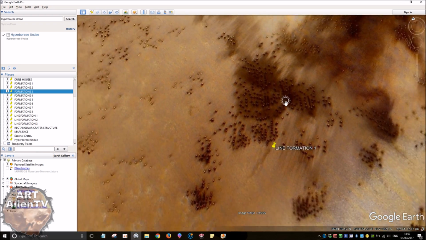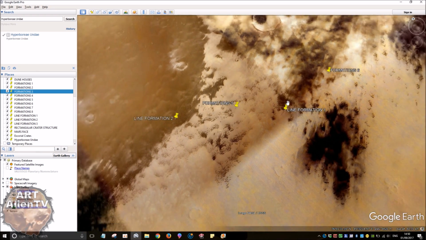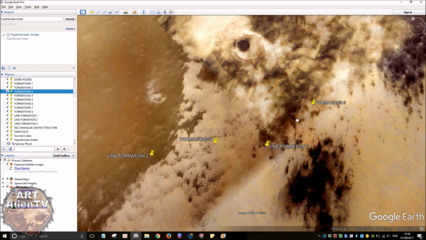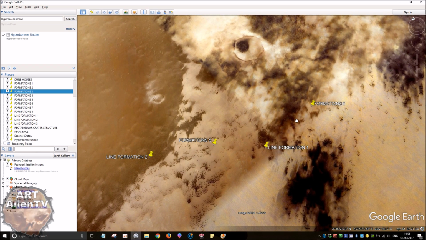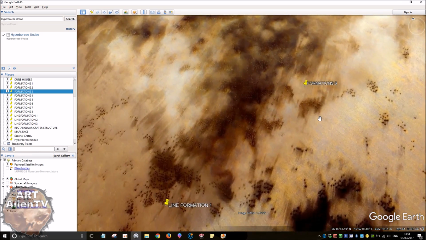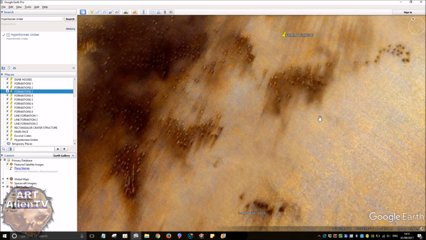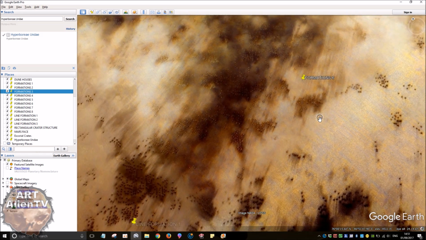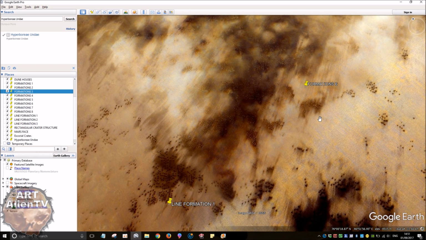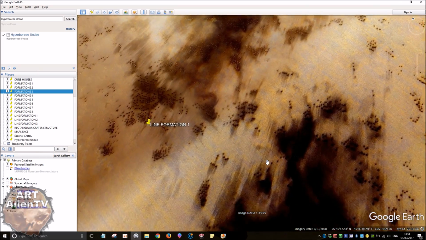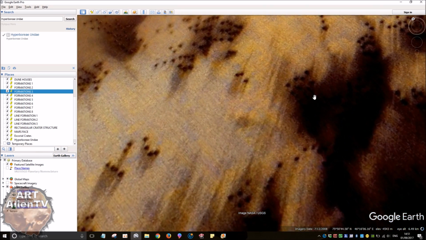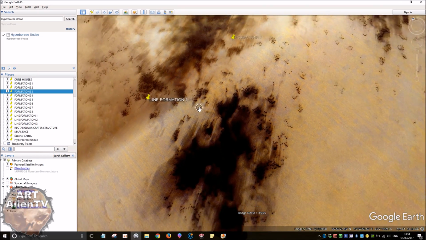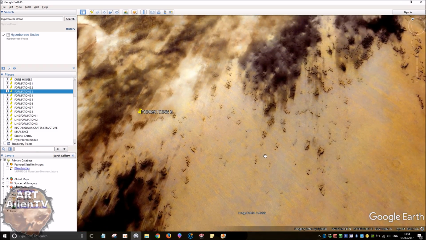There's still millions of these things, and are they all just dunes? Separate entity dunes, which are very, very odd. Or are they actual buildings? Are some of these buildings, are some of these trees? Some of these darker ones kind of look like patches of growth, but some of them don't. Some of them look really reflective, and